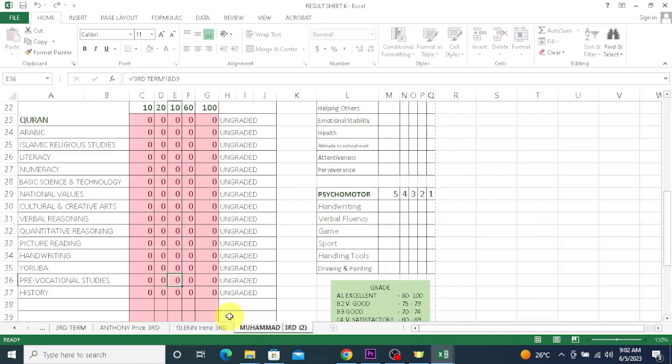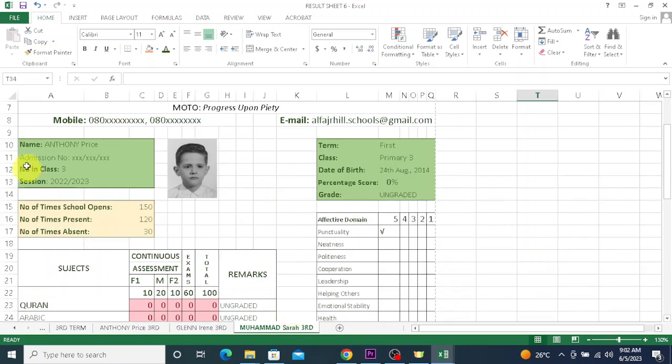Muhammad Sarah. Delete these two. Okay. Then let us change the picture to Muhammad Sarah. Click here,